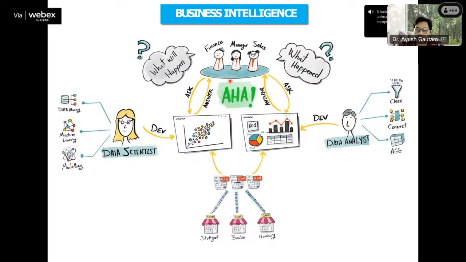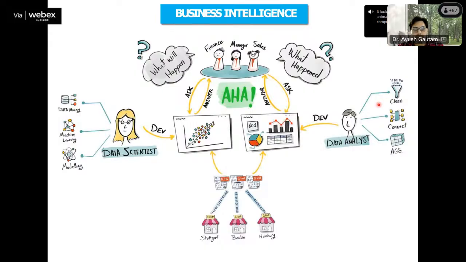Okay. So diagnostic and descriptive analytics are usually done by the data analyst using data cleaning, data modeling, aggregation of the data using MySQL, SAP, etc. The software. Okay. And similarly, predictive analytics and prescriptive analytics are done by the data scientist with the help of data modeling, machine learning, and data modeling. Okay. So they do the predictive and prescriptive analytics. They do the diagnostic and descriptive analytics. In some industries, maybe both are the same person. In some industries, they can be different persons.